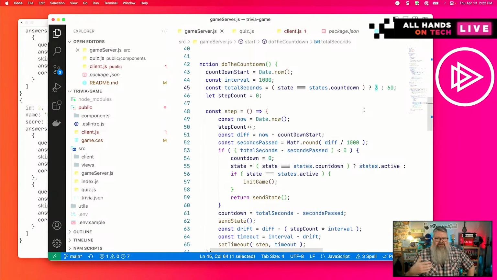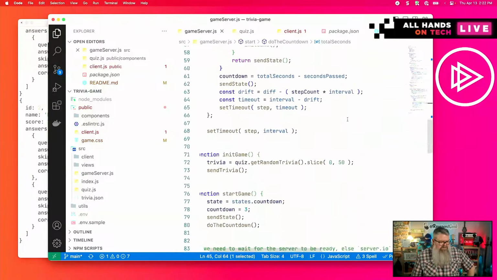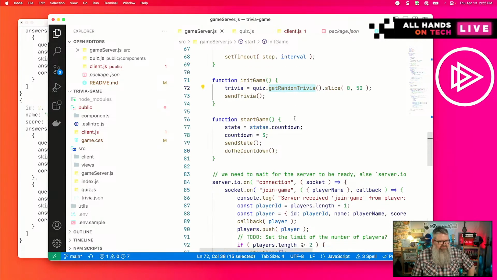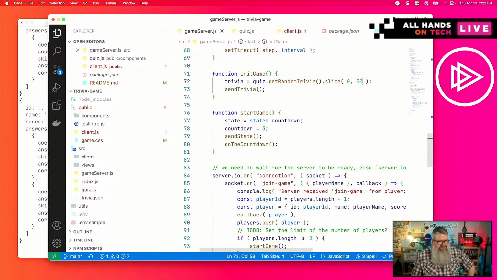Countdown meaning the countdown to start the game. And then we've got some functions down here like init game. That's where we randomize the trivia questions and select the top 50 of them. We start the game,